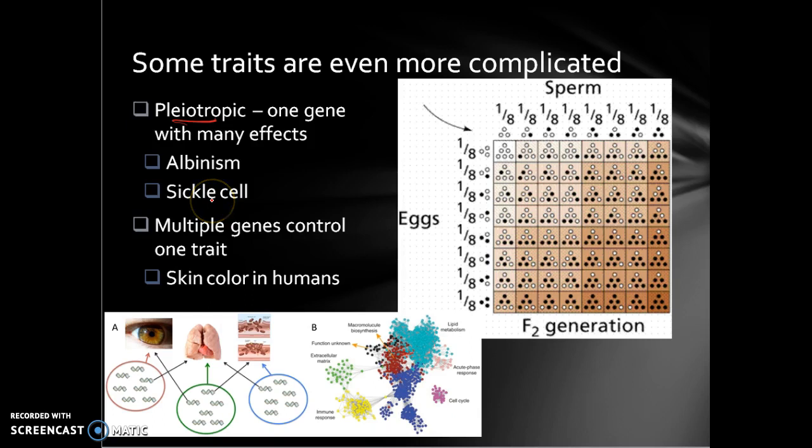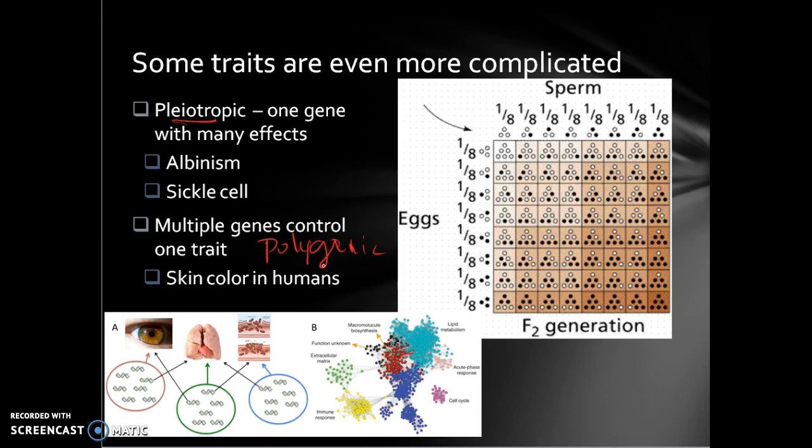Sickle cell anemia is another example of that. Yes, it affects the shape of your blood cells, but again, it also affects things like the development of lungs and eyes and things of that nature. So it's one gene that actually affects lots of different things. We call that pleiotropic. And then sometimes we have what's called a polygenic trait. And this is a trait that is controlled by more than one